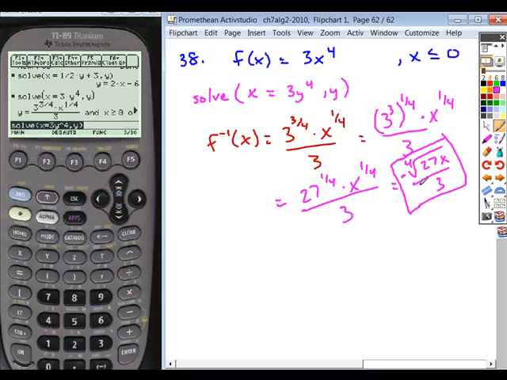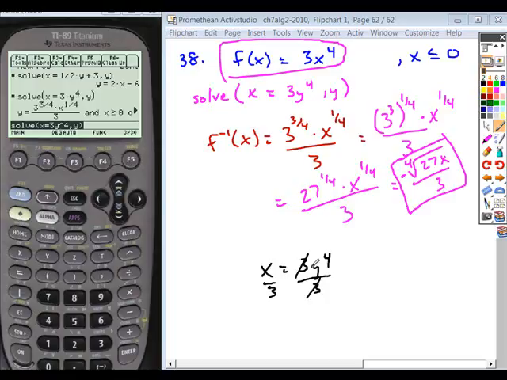And now let me go back and talk really quickly because I think there might be a couple other questions. In this section, you do not have to rationalize the denominator. Okay, so what that means is solving this problem by hand would probably be easier because the solution by hand would be, again, replace the x and the y. And then just solve for y. So to solve for y here, we're going to divide by 3. We're then going to extract the fourth root by taking both sides to the fourth root. And so you get your inverse to be the fourth root